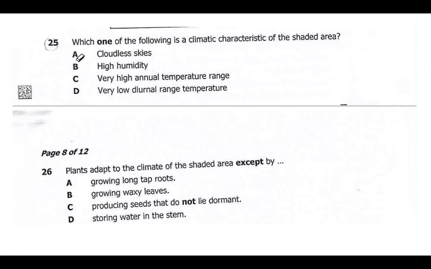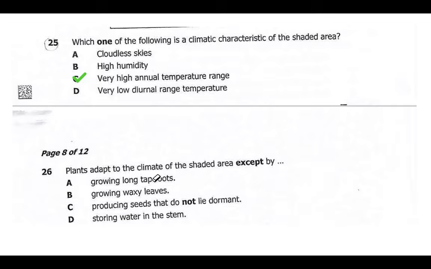The question is, which one of the following is the climatic characteristic of the shaded area? The particular climatic characteristics, we can say there is high temperature, there is a high annual temperature range. That's one of the characteristics. We can state there is high temperature because the particular top part there is hot, so the temperature range is so high. And then in 26,